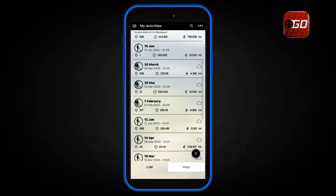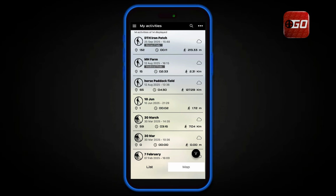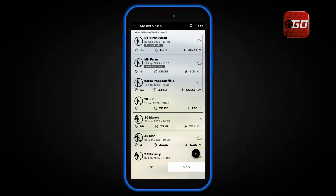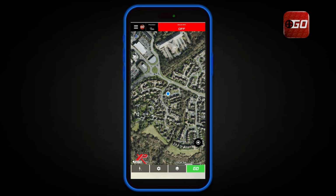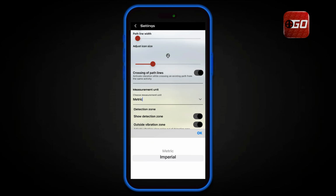Now, speaking of customizing your routes, we have now added both metric and imperial units to your activity, meaning that no matter where you're located in the world, you can change how this data is shown on both already completed activities and future ones yet to be completed. You can find this setting by going to the Map, tapping the cog icon, and selecting which one you prefer